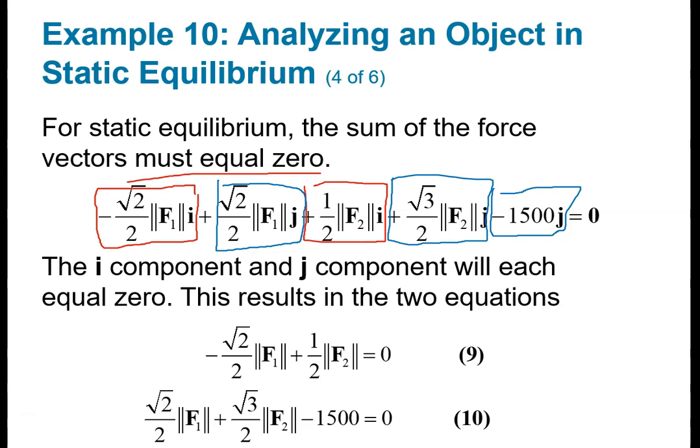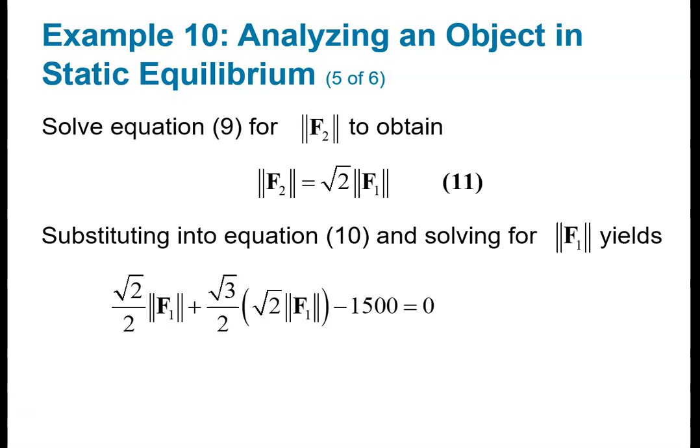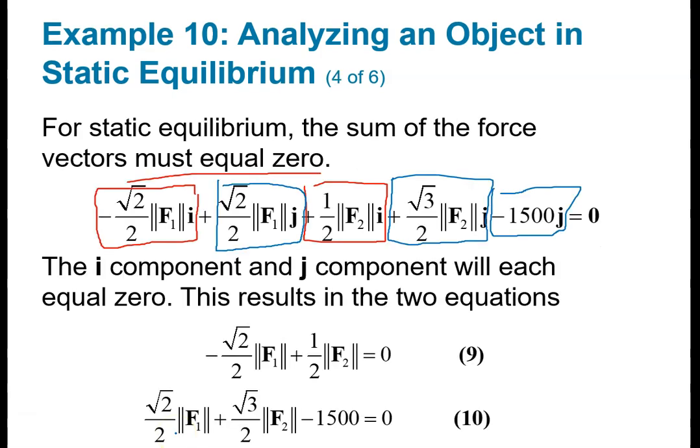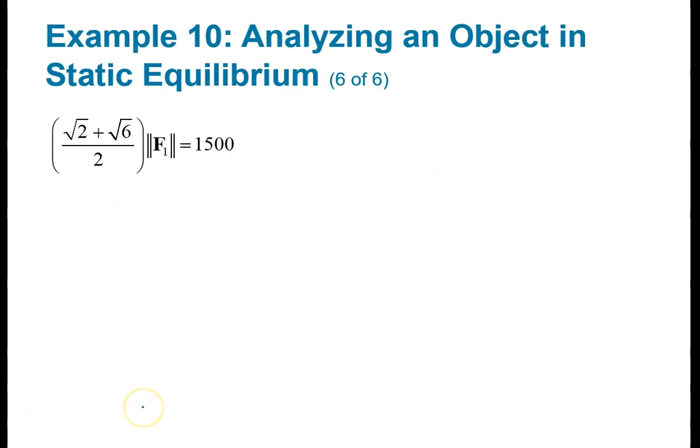This is something that you did in either high school math or pre-calculus math, these two equations that you get. If you wanted to, you can even treat the magnitude of F1 as x, the magnitude of F2 as y. So this is something times x plus something times y minus a number. This is just a linear system of equations, and you're solving for x and y. So it's something you've done before, it's just we're using vector notation now. All right, so doing the algebra, we get this, so that gives us what the magnitude of F1 is. We can approximate that. It's about